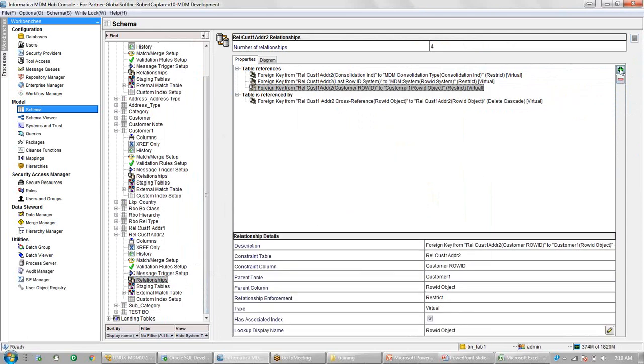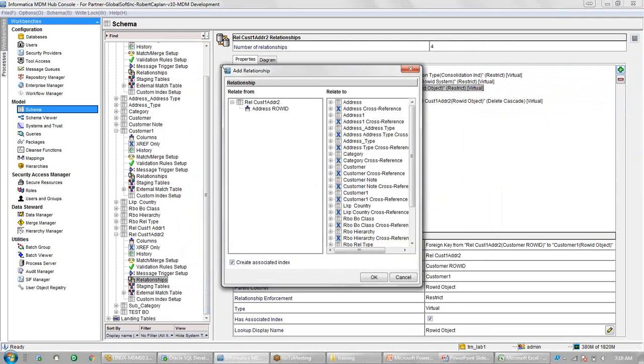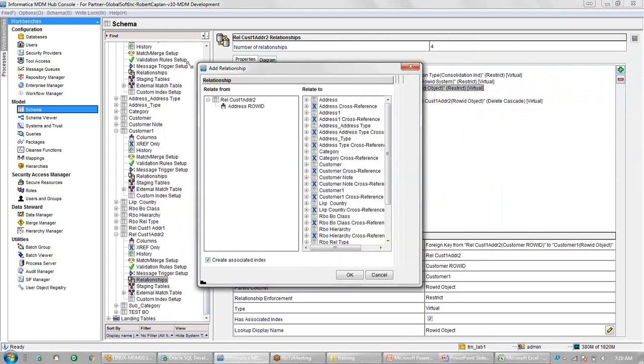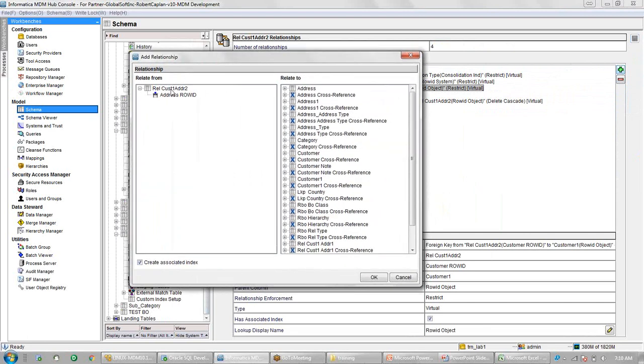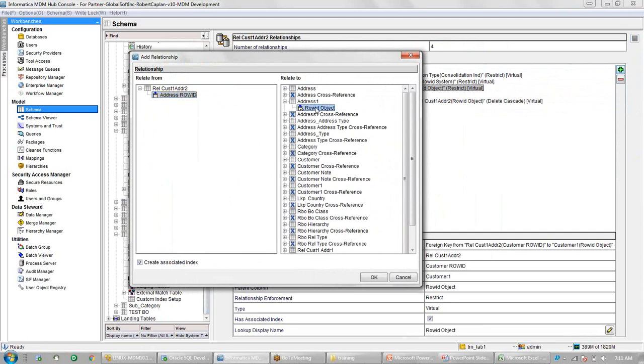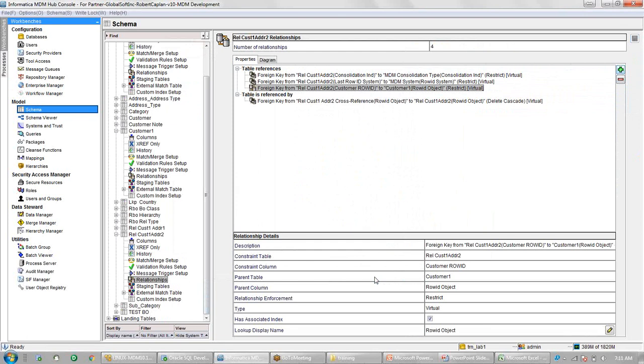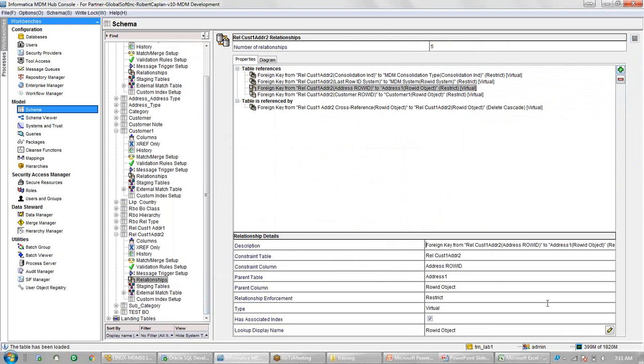Now again I will click on this add button, and I will see only one column here, address row ID, because once I create a relationship for any column, next time it is not visible. And again I will go and select the address one base object. So this is also created. So both of them are created.